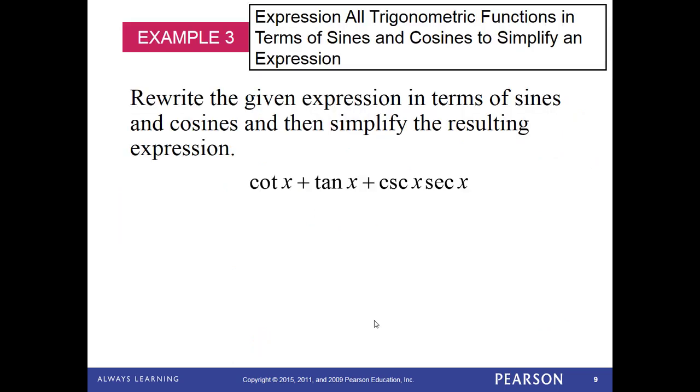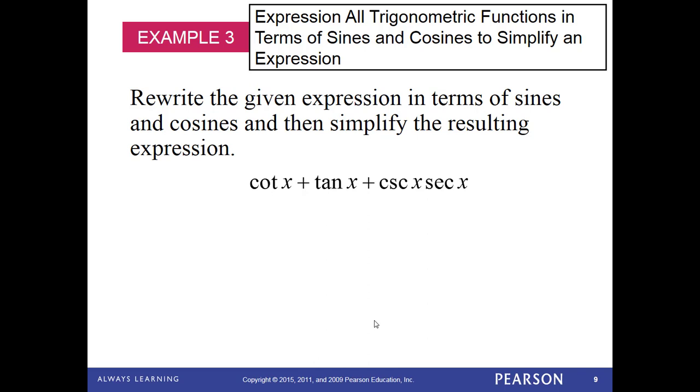Okay, so now let's really start with this whole concept of finding identities. Finding or verifying identities, what it really means is you want to change the trig functions to be an expression that's as simple as possible. That's one way to do it. The other is you want to prove that the left side is equal to the right side. So in the beginning, let's just practice. This is something that probably works 90% of the time. Whenever you see a function like this, cotangent x plus tangent of x is equal to cosecant x times secant x,